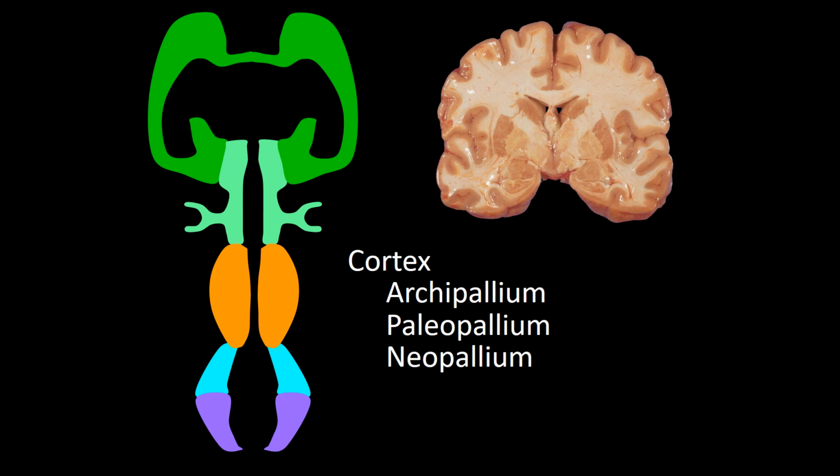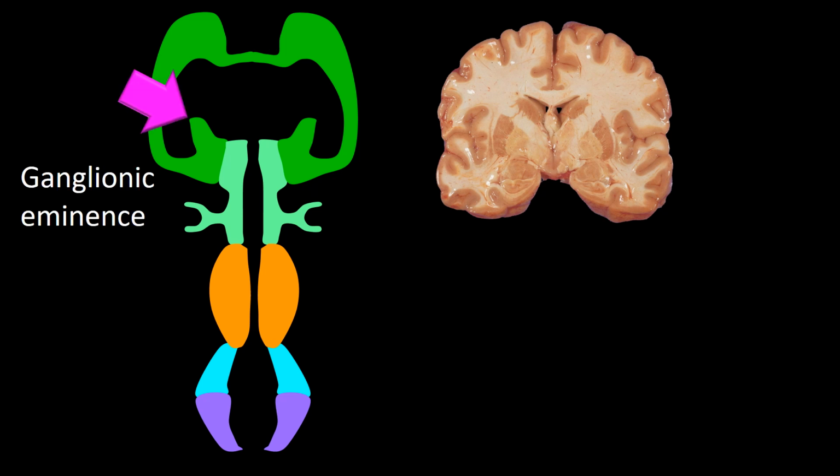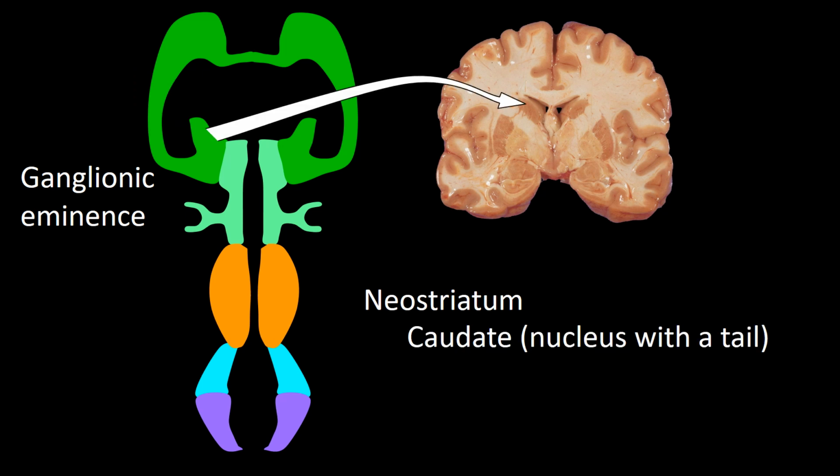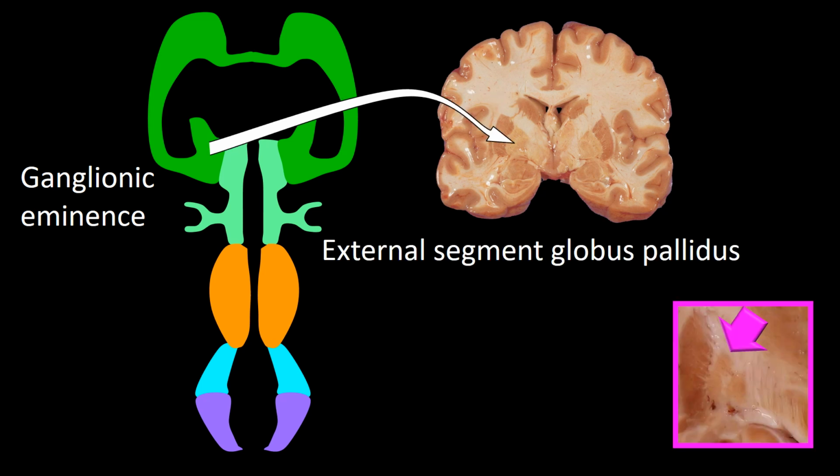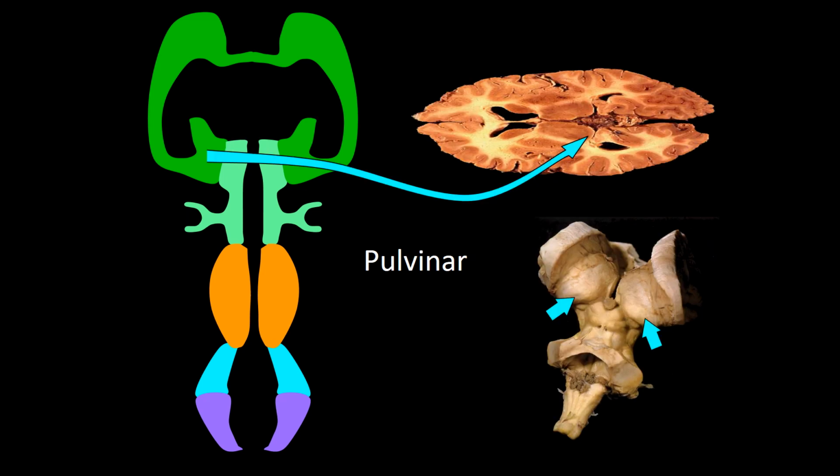The cortex, also known as the pallium, includes the archicortex, paleocortex, and neocortex, as well as the cerebral white matter. These structures develop from the lateral telencephalic region. The ganglionic eminence, a lump of cells in close relation to the diencephalon that protrudes into the telosil, gives rise to the neostriatum, which includes the caudate and putamen. From this area also comes the external segment of the globus pallidus, and according to some authors, the pulvinar